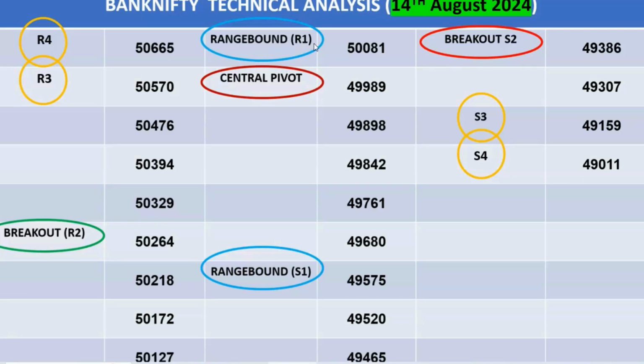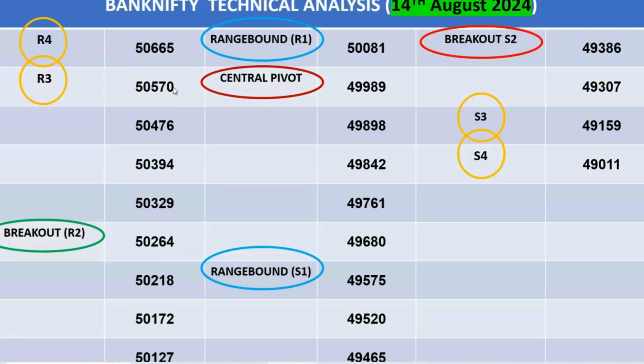Similarly, the resistance: as you can see, the difference between the central pivot and the first resistance has become very narrow. R1 is now at 50081. Then there is a somewhat greater gap between R1 and R2, which is at 50264, and then R3, R4 are